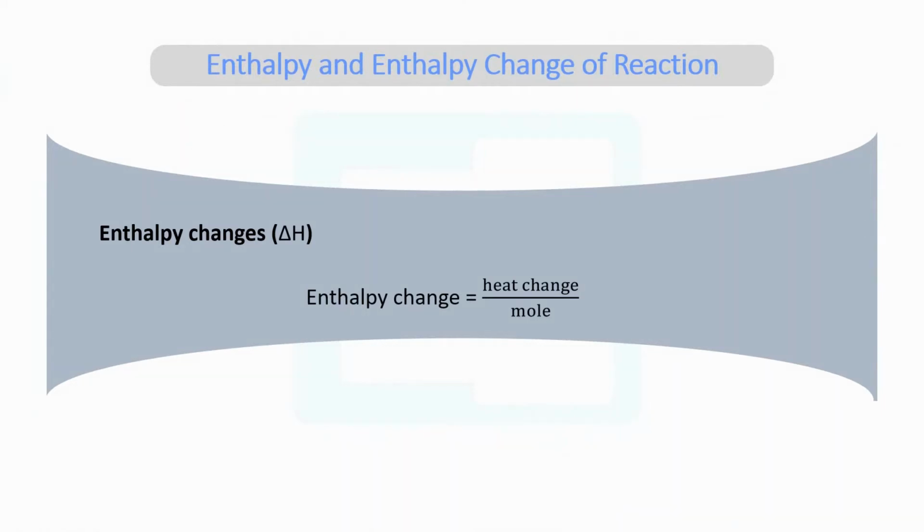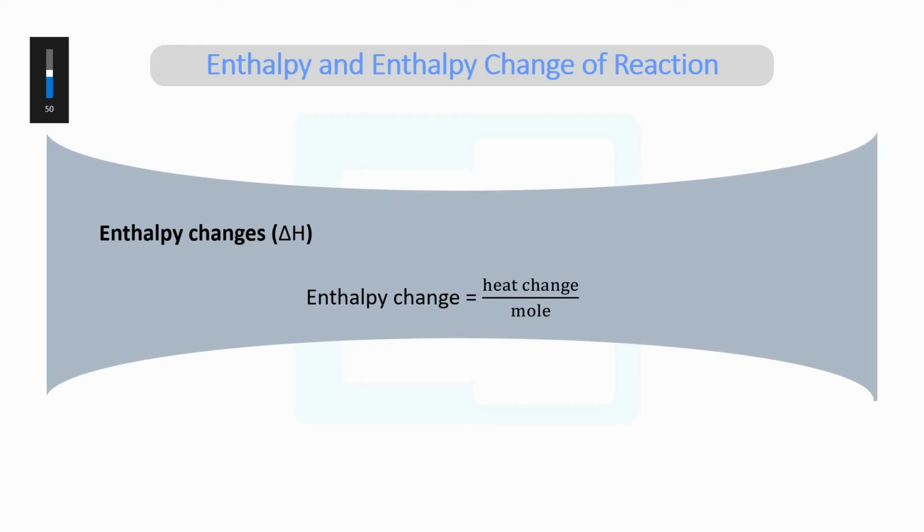If I give a simple example, it will be easy for you. In a reaction, if 2 moles of chemical substance are involved, in the limiting case, and here 10 kilojoules of energy changes. Energy change is expressed in kilojoules, so 10 divided by 2, that is 5 kilojoules per mole. I think it is simple to you, the unit is kilojoule per mole.